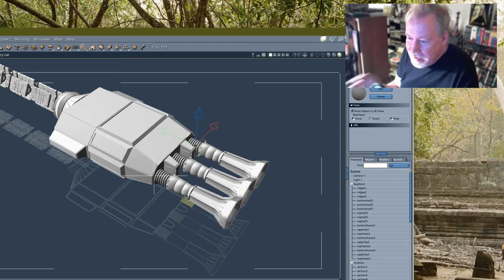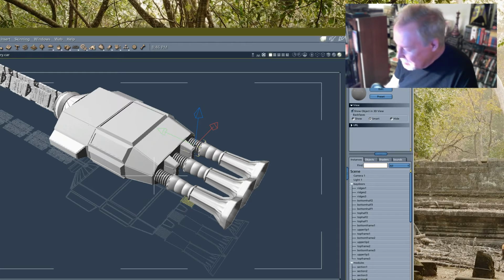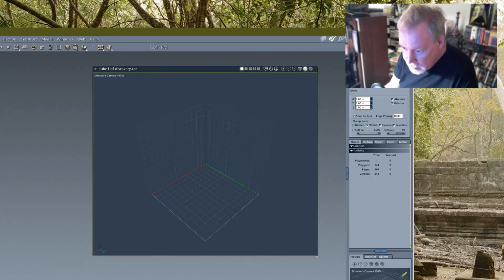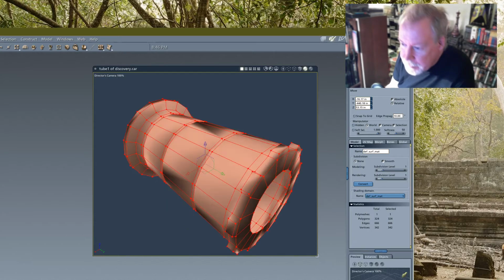I have a model that's taken me longer to build than this one. Believe it or not. It's the Dewey model from Silent Running. Huey, Louie, and Dewey. Dewey was the blue one that, he learns how to take care of the forest.